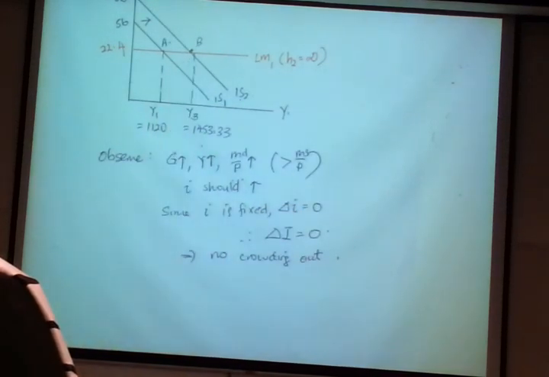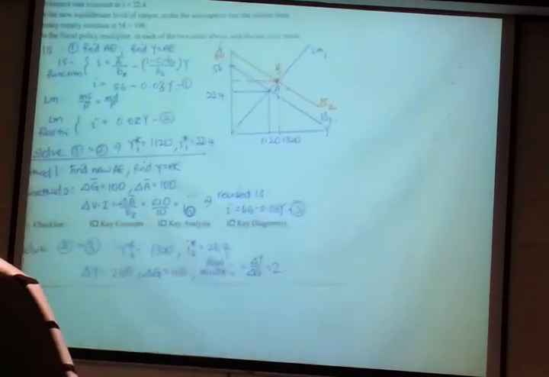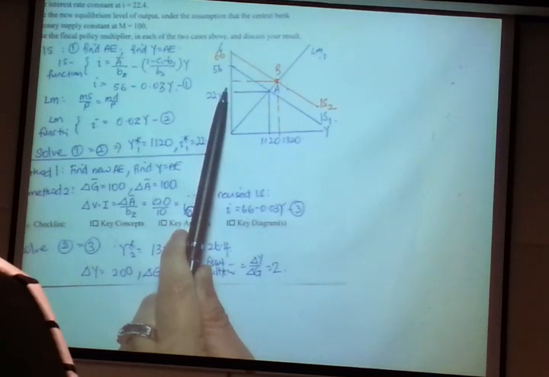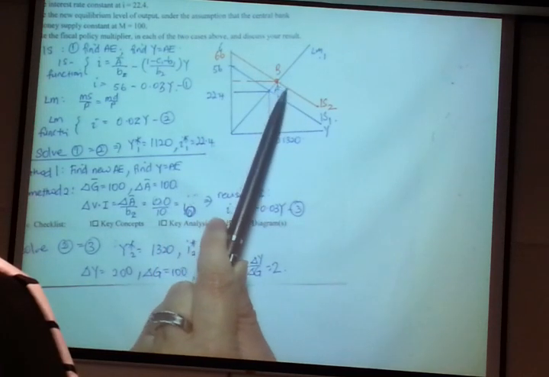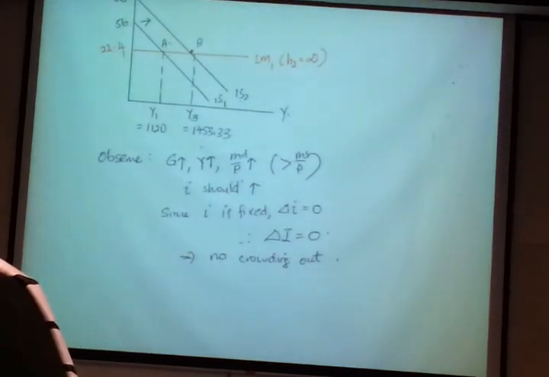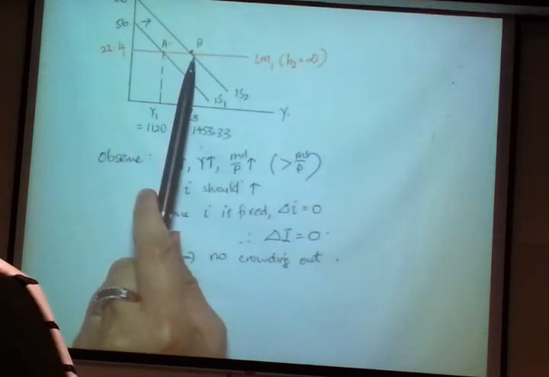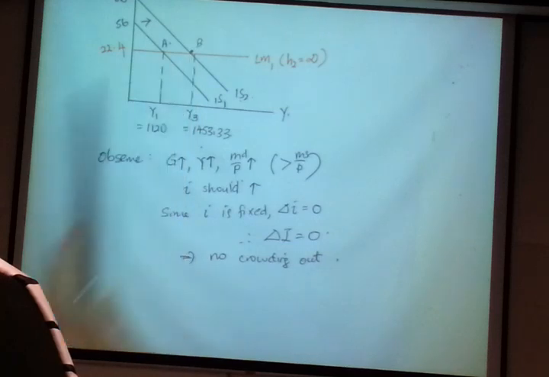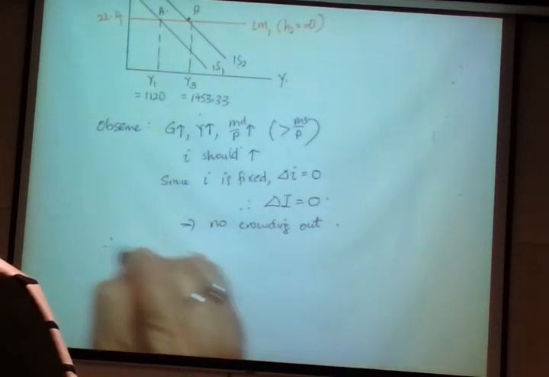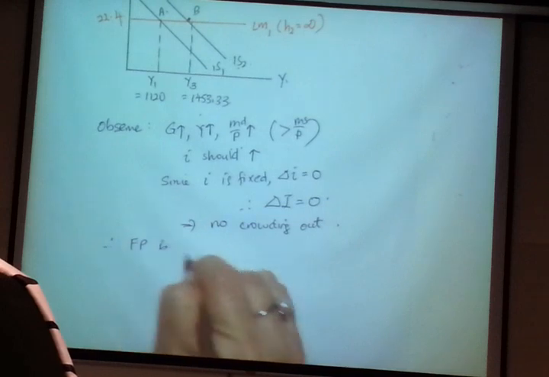If you compare to the earlier diagram in parts A to C, there was crowding out because the interest rate pushed up and there was a fall in investment. But now, there isn't. Just IS shifts to point B and the economy stops at point B. So this is actually the most ideal outcome. So in this case, fiscal policy is most